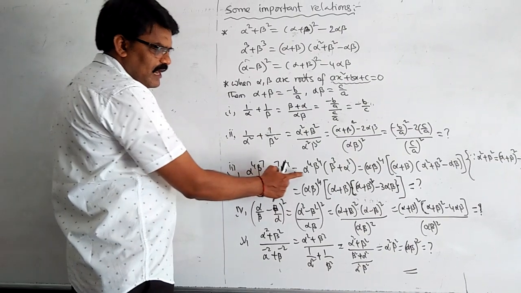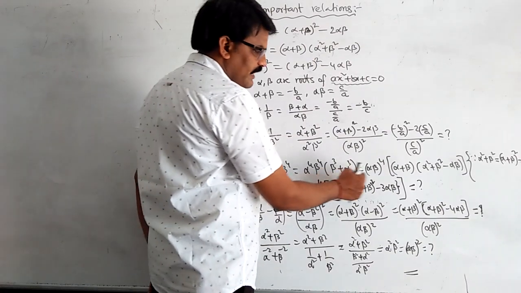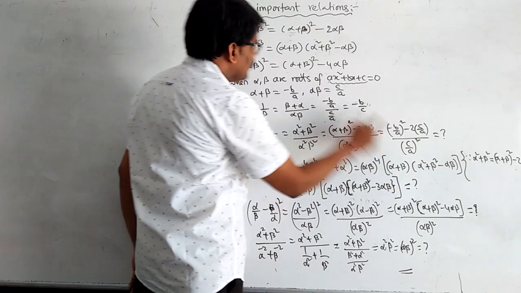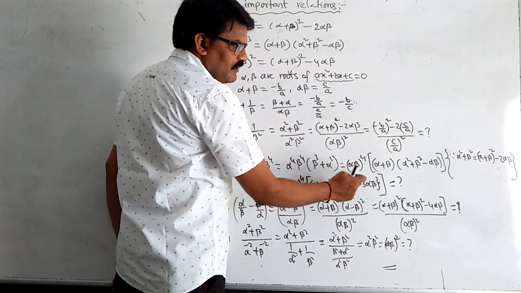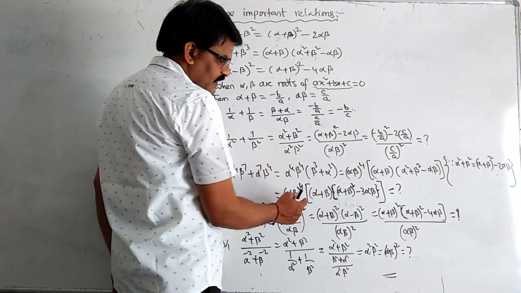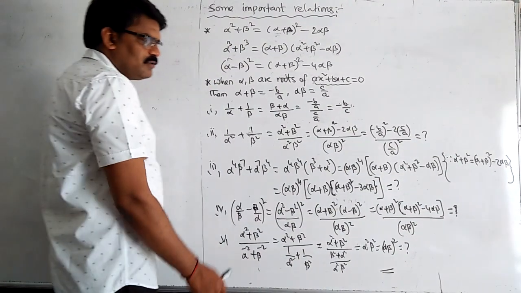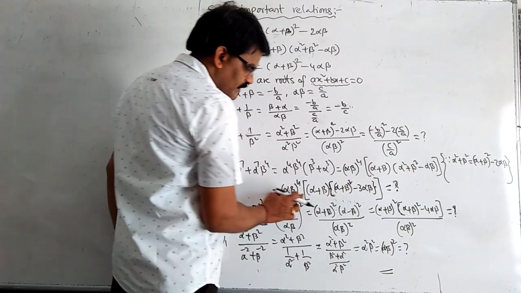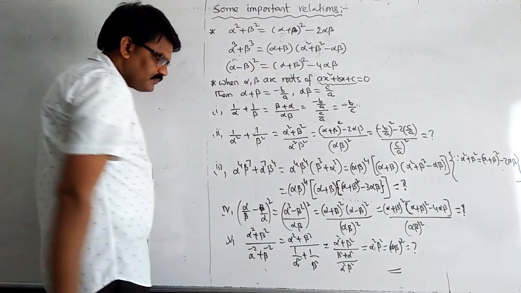Take alpha cube plus beta cube, alpha power 4 and beta power 4 is common from these two values, we get this one. And by using the alpha cube plus beta cube formula, writing this one. By using the alpha square plus beta square formula, here we write it as alpha plus beta whole square minus 2 alpha beta minus alpha beta minus 3 alpha beta. By substituting alpha plus beta value and alpha beta value, and on simplifying we get the solution. You must do the remaining part by substituting alpha plus beta value and alpha beta value in this form.